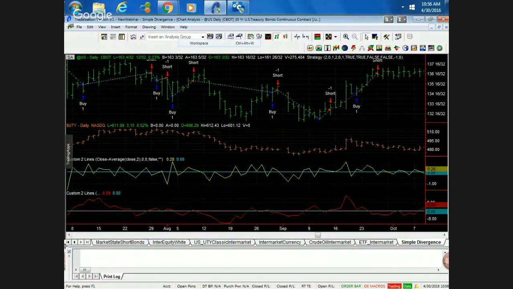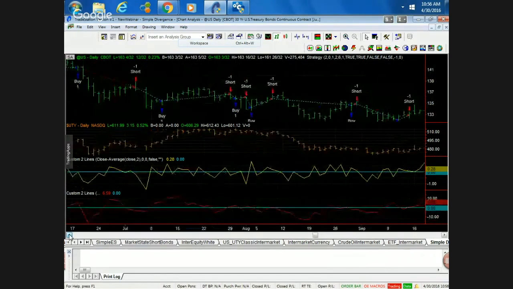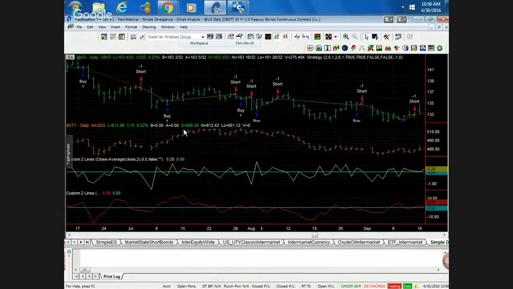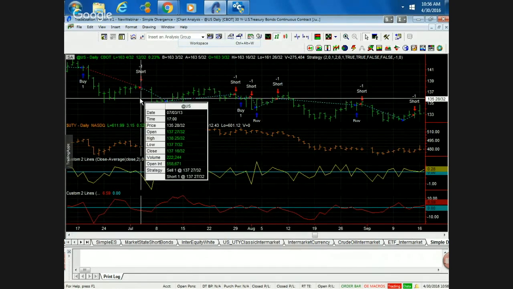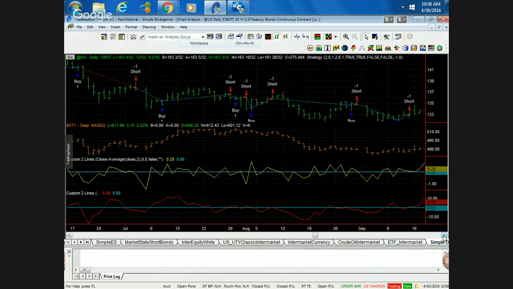Oh, here's a nice period. Here we go. Look at this. It's just uncanny in how it can pick some of these points. You can see from the far left and moving down to the right, look at all those trades. If you look at this sequence, let's actually